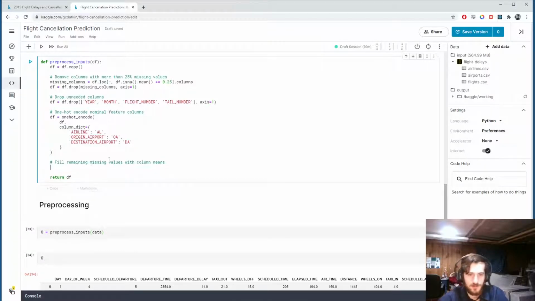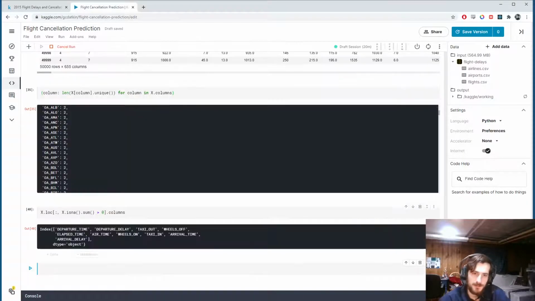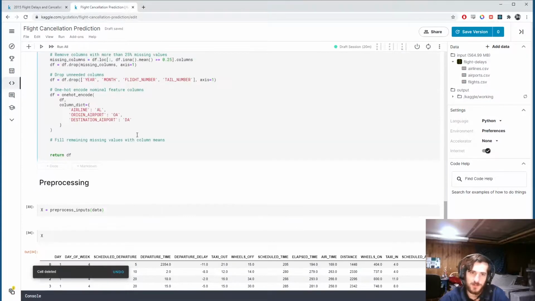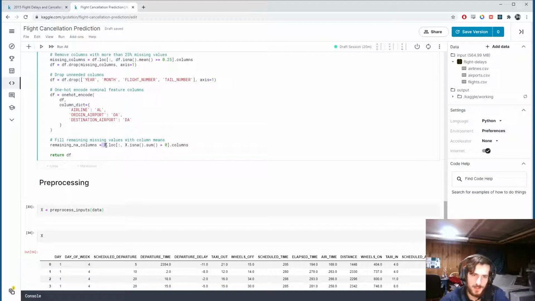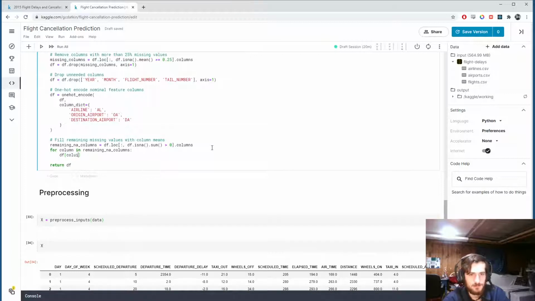Alright, so what I'll do is I'll grab these columns. So we can call .columns to get just the column names. And then let's put that here and call that remaining NA columns. And I just want to change this to df instead of x. Alright. And then for every column in remaining NA columns, let's take the column